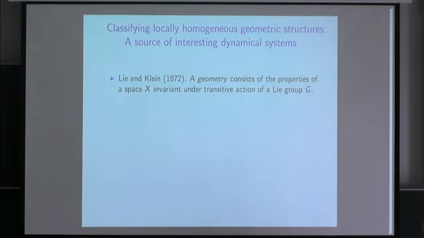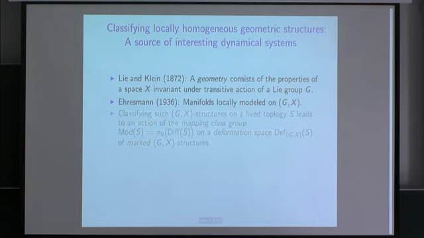The general program was initiated in 1936 by Charles Ehresmann, who proposed, given a homogeneous space, look at all the different ways of putting that geometry on a fixed topology. So one example, whenever I try to explain what I do to non-mathematicians, I give the example of the fact that the two-sphere has no Euclidean structure. So there's no metrically accurate world atlas that has a Euclidean geometry defined consistently on the different pages of the atlas.